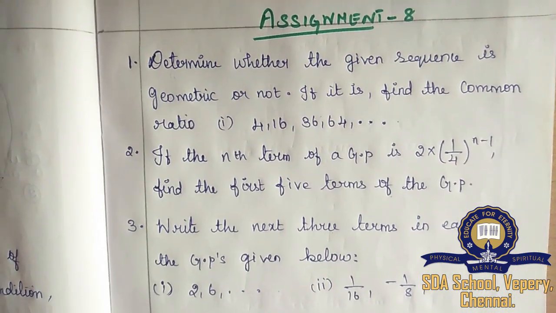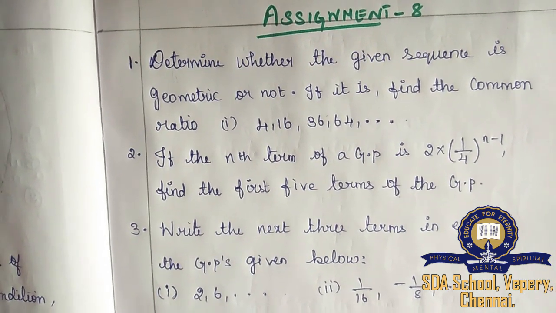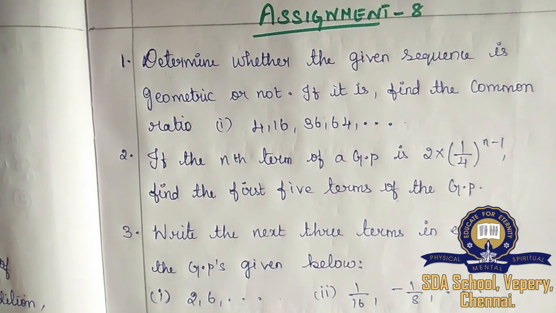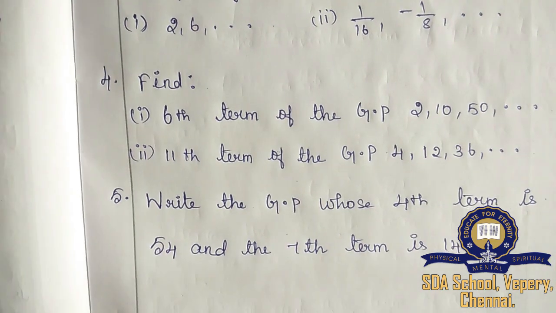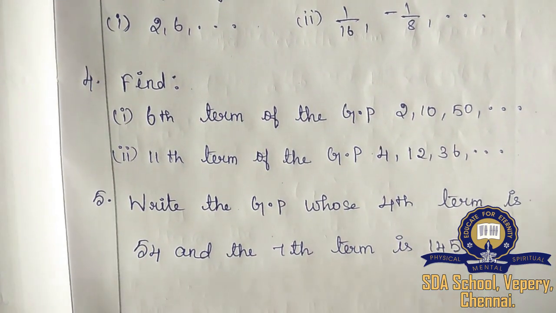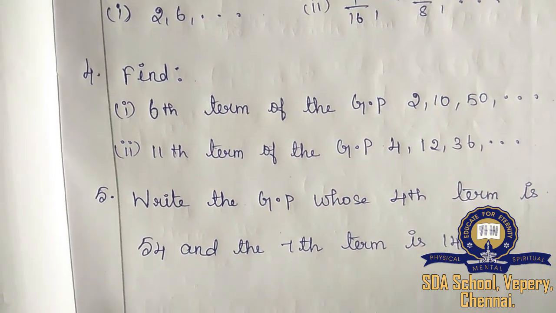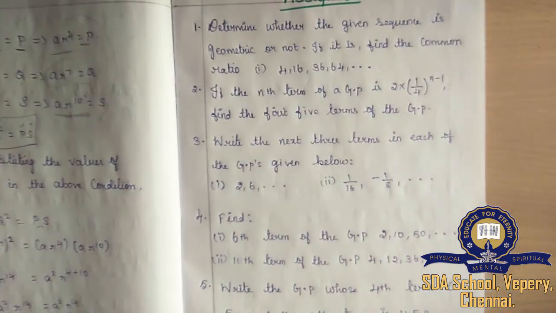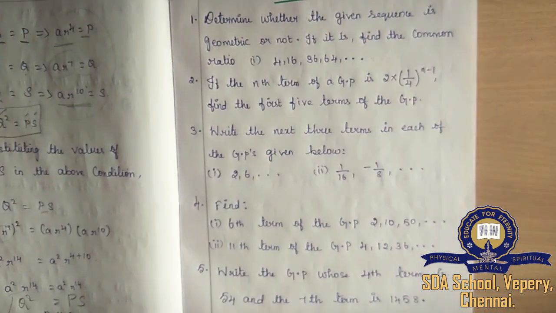Okay children, we came to the end of this session. Today we have seen what geometric progression is, just an introduction and important problems. So please recall AP also while learning geometric progression. Then only you can differentiate between AP and GP. So what is the general form of AP and what is the general form of GP? What is the general term of AP and the general term of GP? Then only you can answer and understand easily.